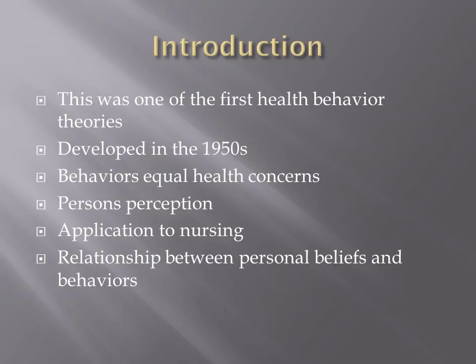The health belief model proposes that a person's health related behavior depends on four different critical areas. The first critical area is the severity of the potential illness that could be brought on to the patient. The second is the person's susceptibility to that actual illness. The third are the benefits of taking the preventative action, and the fourth are the barriers to taking that action.